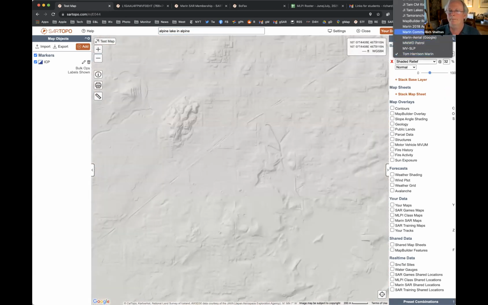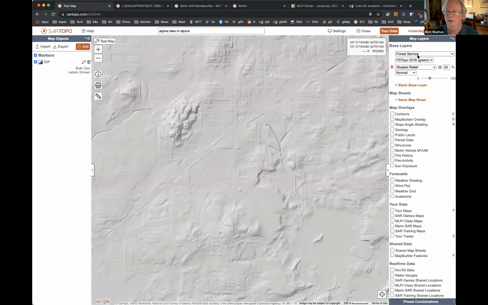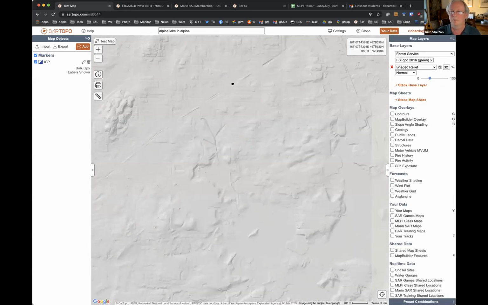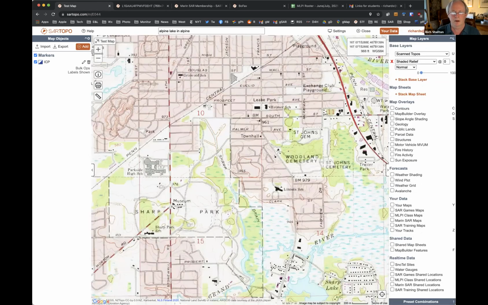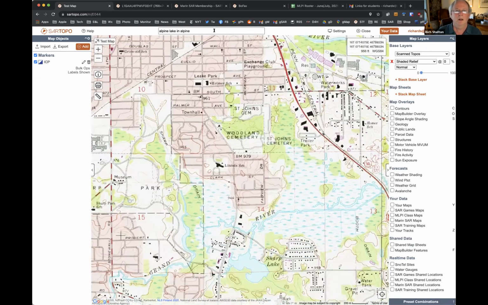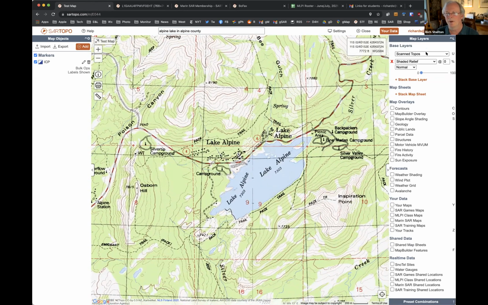Let me bring up, you may not be able to see all of these because they're going off of my shared screen, but I'm going to bring up Forest Service 2016. Oh, why is that not? That should be working. Let me just do scan topo. There we go. Oh, I'm in the wrong place. Alpine Lake in Alpine County. Looks like I fooled it this time. Okay, there we go. So we're up in the mountains now, and it's a good time to talk about topo